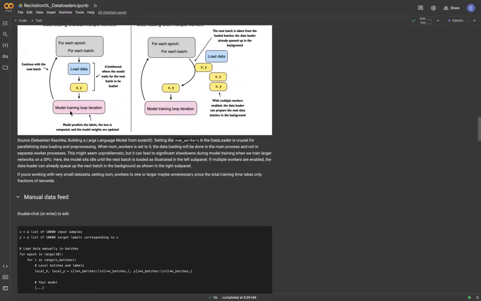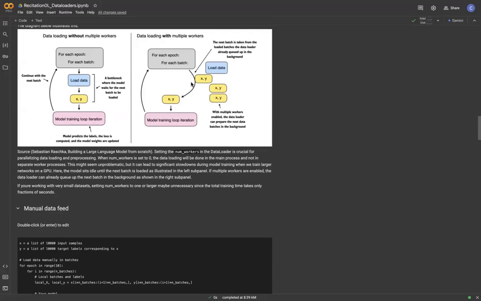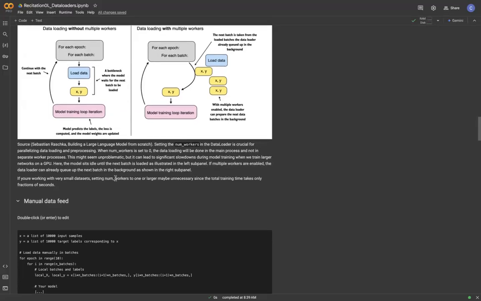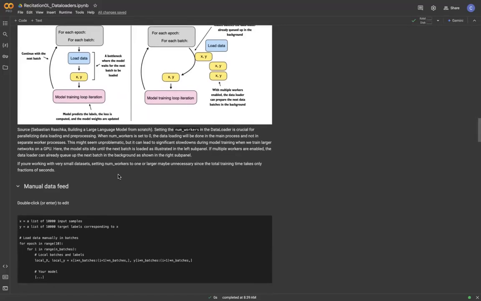In our example, while training, you have to wait for the data to be loaded so that you can train and go for another epoch. But in the second, on the right panel, multiple workers are enabled, and the data loader can quickly queue up the next batch in the background as you wait for the training to end. So if you're working with small datasets, setting the number of workers to 1 or larger may be unnecessary since the total training time takes only fractions of seconds. So it really depends on the number of data